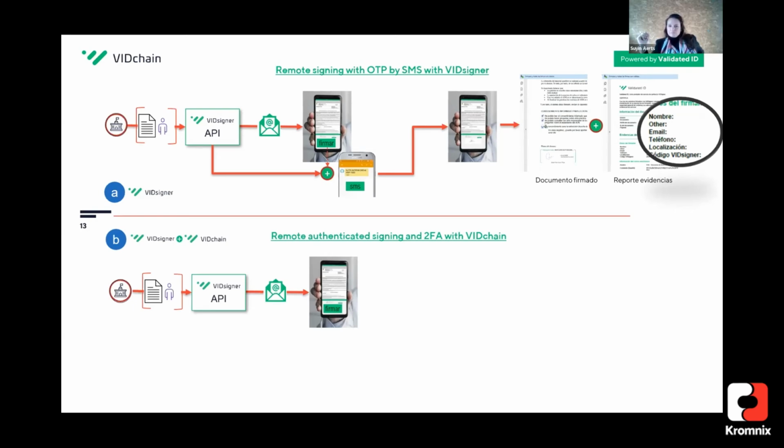Okay. So if you have the remote authentication with the VID chain wallet, the beginning is the same. The private company or the public administration prepares the document, and you receive an email that there is something to sign. But what is now different is that you say, okay, but I wanna use my VID wallet or my VID chain services for the authentication instead of the one-time password. And then